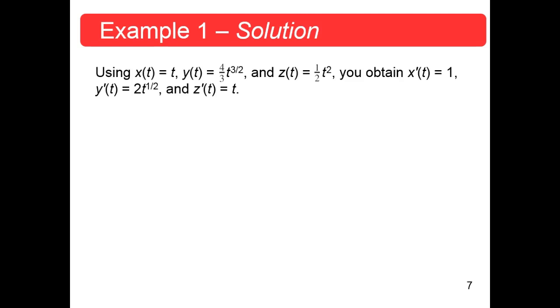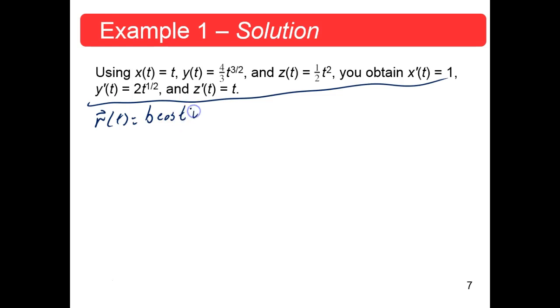So find the length of one turn of the helix given by R of t is equal to b cosine t i, okay, plus b sine t j